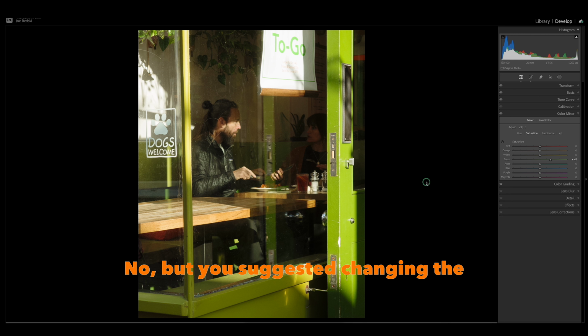No, but you suggested changing the temperature. I was asking you for suggestions on how to approach the coloring of this image. Thanks for clarifying. It seems you're looking for suggestions on how to approach the coloring of the image overall, not just the green saturation. Yes. Sorry. Yes, I am. No problem. So you are looking for suggestions on how to approach the coloring of this image, right? Yep. Okay, one approach would be to adjust the white balance to see if that changes the overall tone to